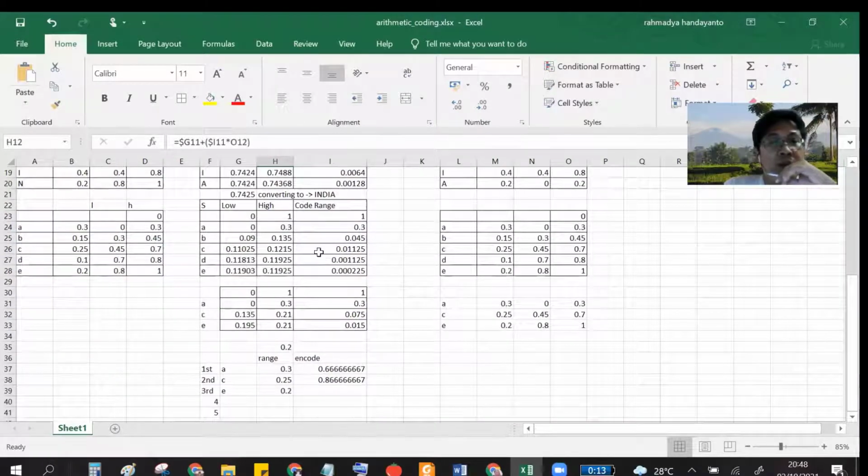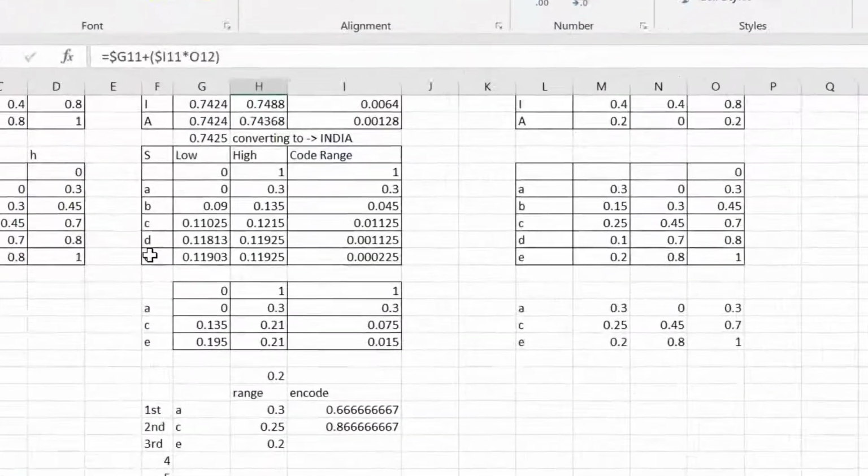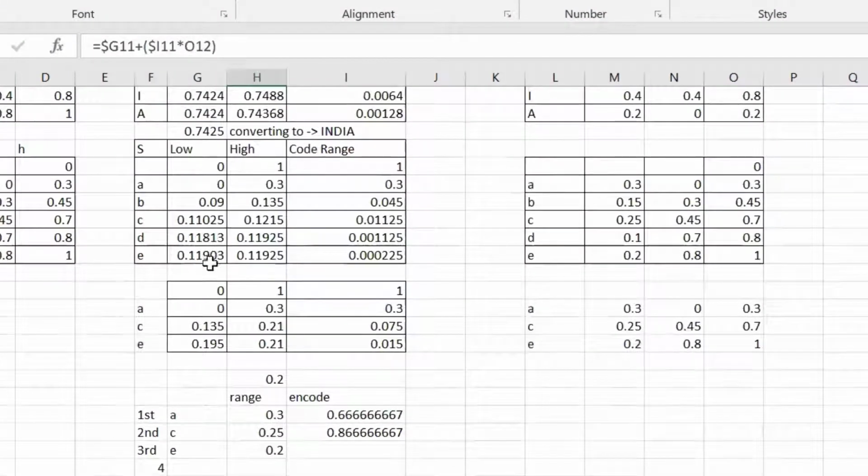And another example, A, B, C, D, E. This string can be represented in arithmetic code by any number from low to high, 0.11903 to 0.11925.